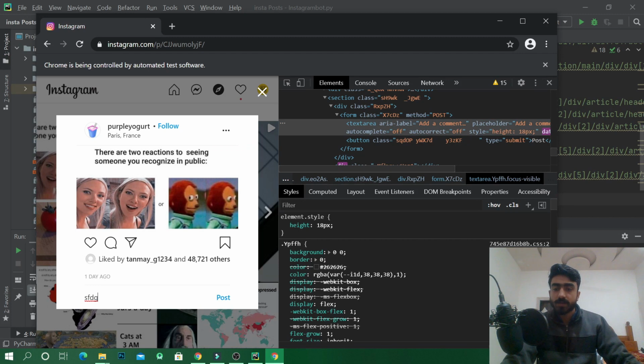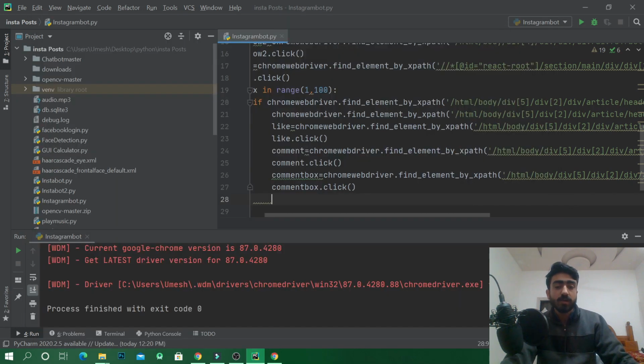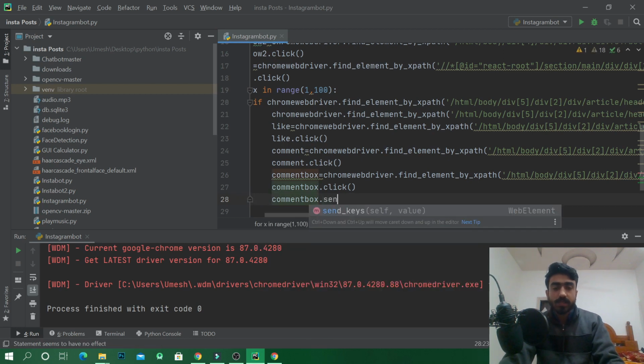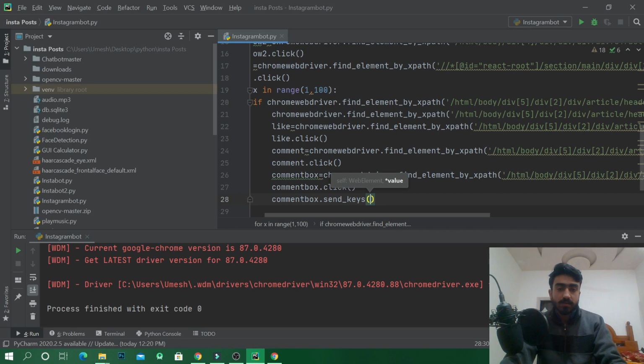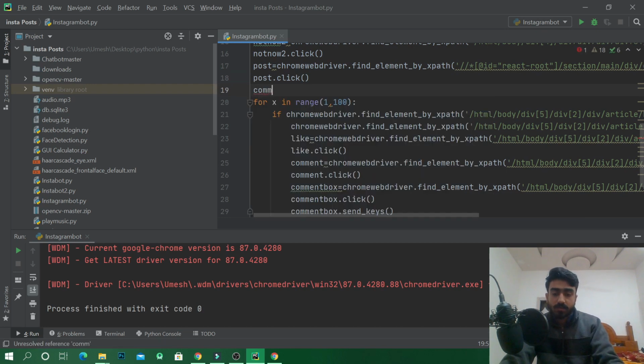After clicking in the comment box, what we have to do is input some comment. So how will we do that? We will do comment box dot send keys and write some comment. For different comments, I'll suggest you create a new variable, comment list, and make a list.